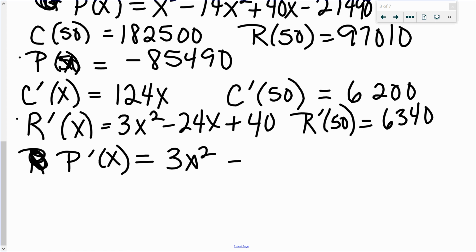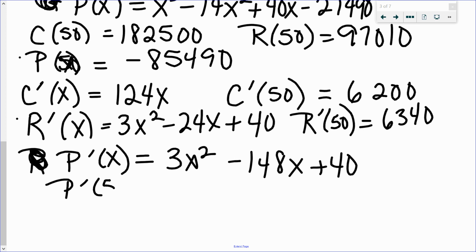minus 148x plus 40. So P prime of 50 is $140. Okay, so we were operating at a loss overall, but you can see that on the 50th unit, we